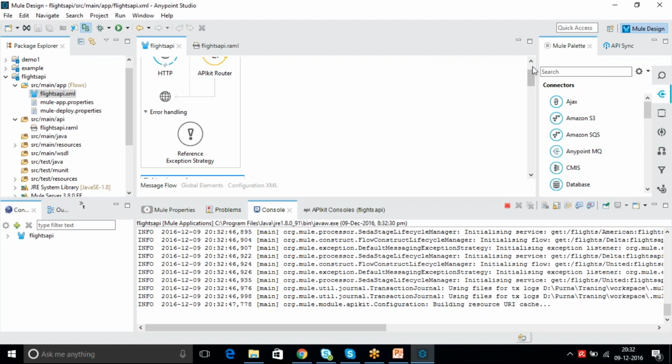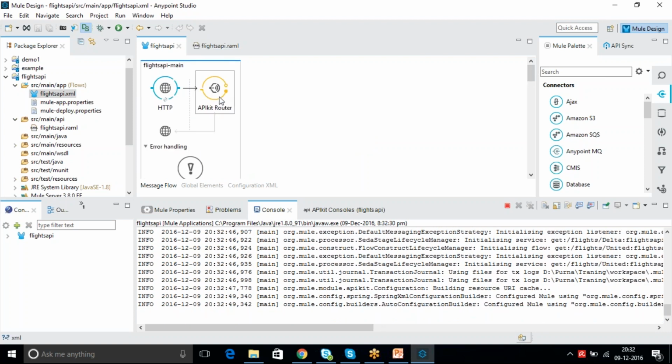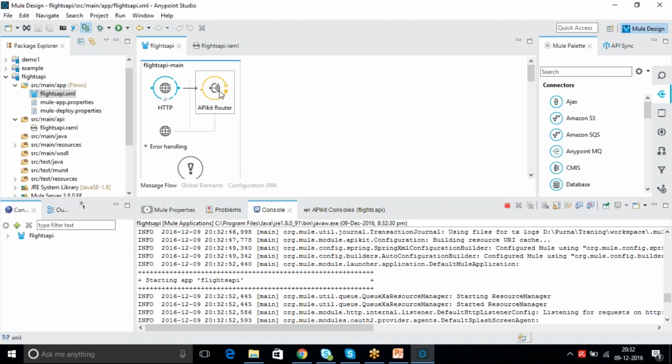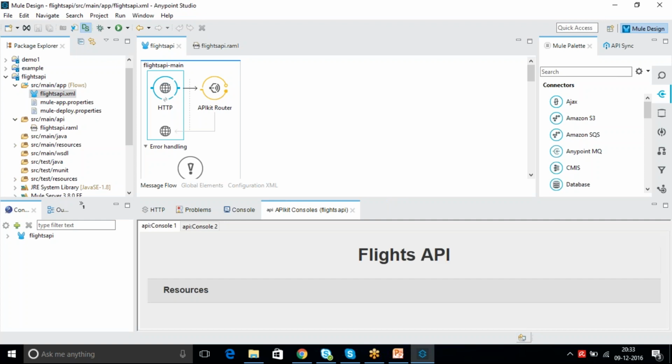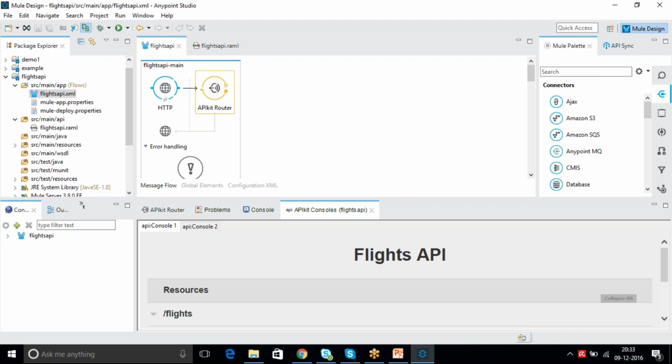If you see inside the main flow, there will be the APIkit router. What will this do? The initial request will come under this primary listener. This is the main listener. Once it comes, the APIkit router will decide where it needs to go based on your path.